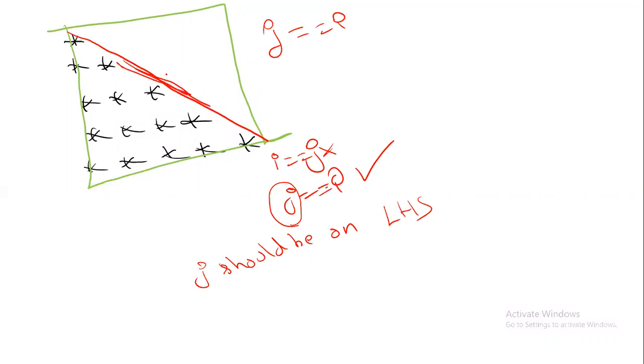Are you printing right side, or are the stars on the right side? No, the stars are not on the right side. Then don't you think the stars are on the left side? Don't you think from that line, the star is on the left side? Now, can you see the symbol on the left side? Can you see the symbol?